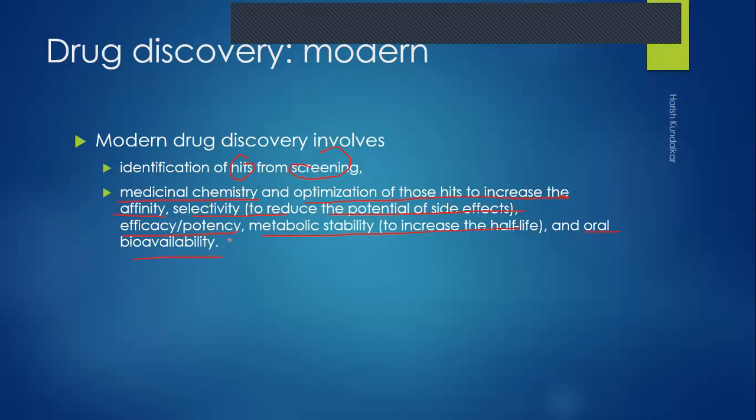Sometime back I was talking about the difference between medicinal chemistry and pharmaceutical chemistry, right? Medicinal chemistry is nothing but drug design, drug discovery, and drug evaluation. And what is pharmaceutical chemistry? Pharmaceutical chemistry is medicinal chemistry plus optimization of the hits to increase affinity, selectivity, efficacy and potency, metabolic stability, and oral bioavailability. So when we take into account all of those other things in addition to medicinal chemistry, it is called